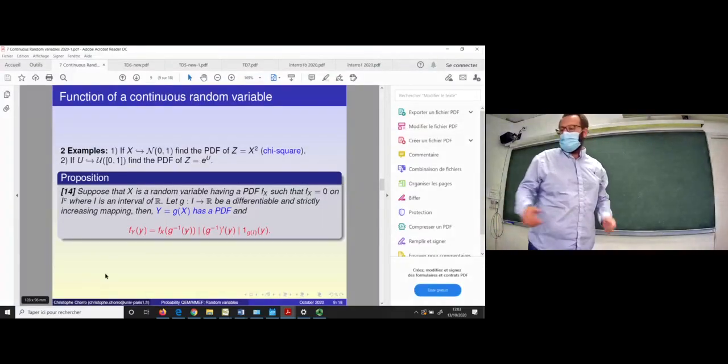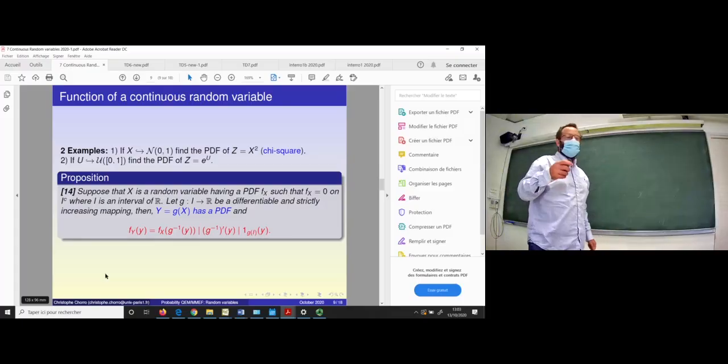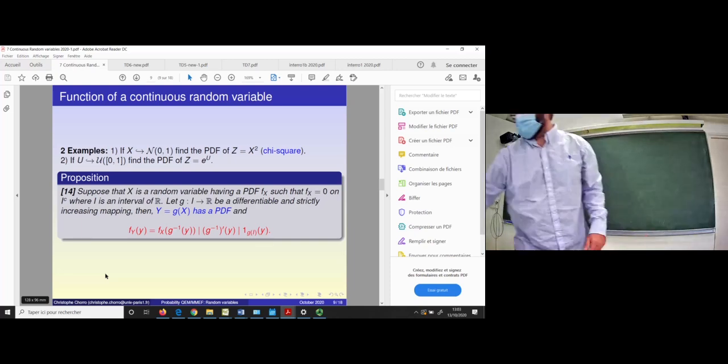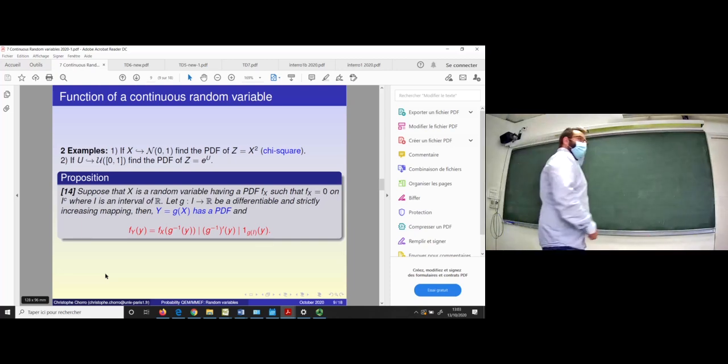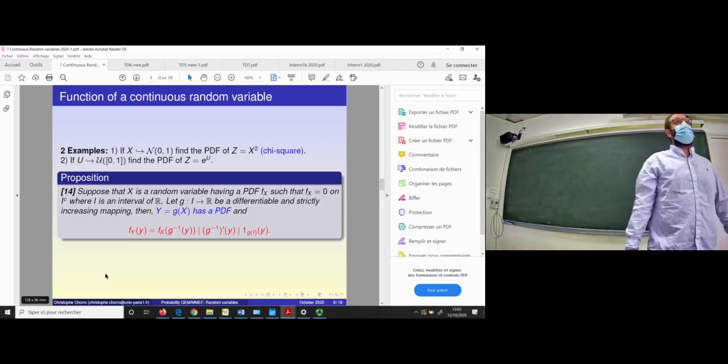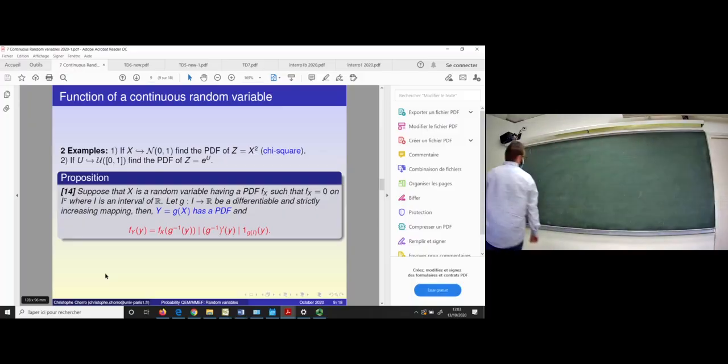So if I remind you, to end the previous session, I asked you to do this one by yourself. Okay? I hope that you have tried. So I have a uniform on the interval 0, 1. And I want you to find the density of exponential of u. Okay? So the density